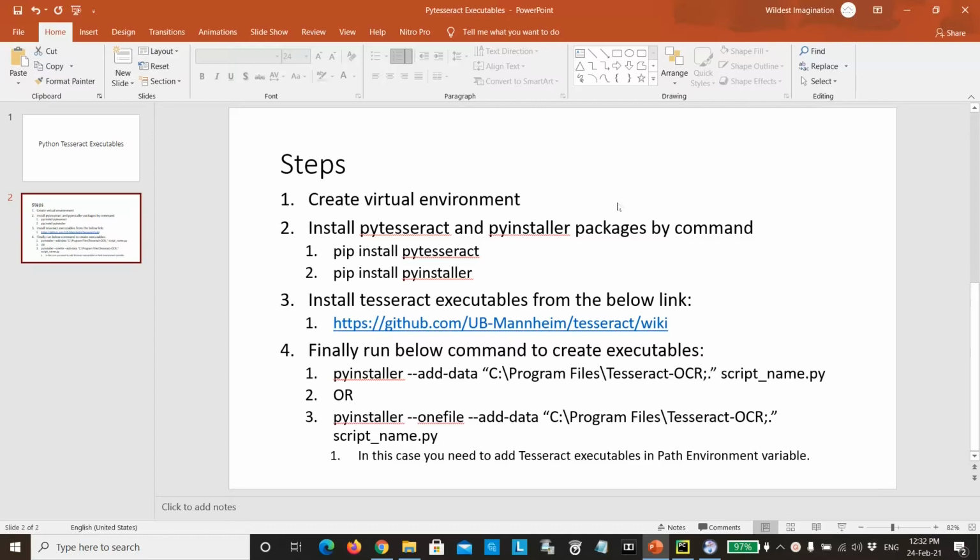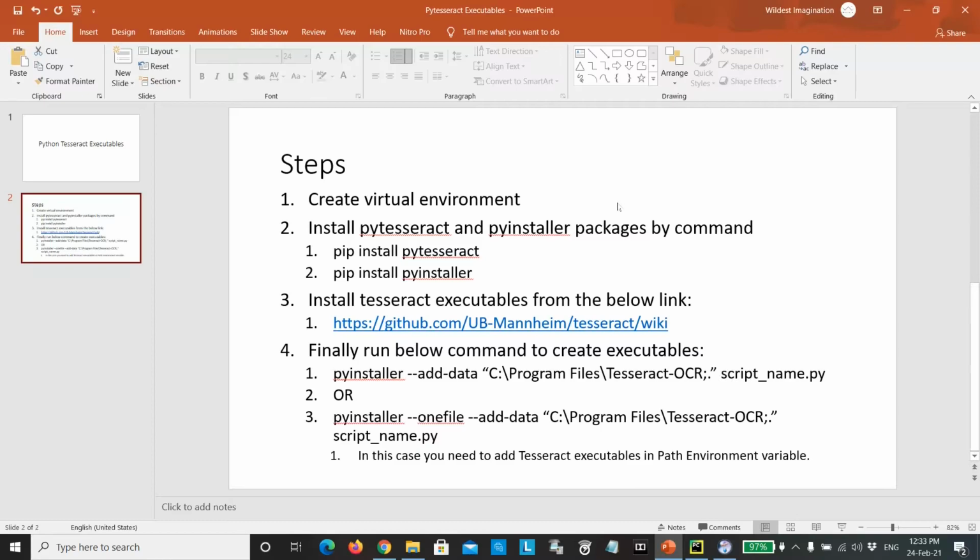First of all, you need to create a virtual environment. Then definitely you need to have a Tesseract script which will extract text from any image. And definitely you need to install two packages for sure. One is PyTesseract and another one is PyInstaller.